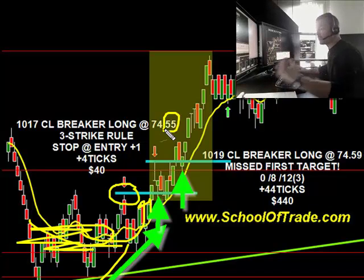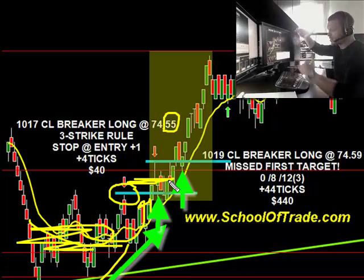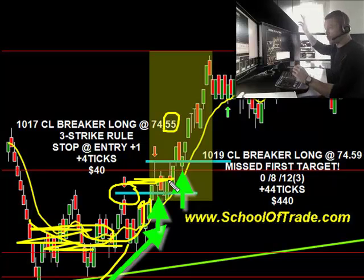Momentum stayed pointed up, and we had the leeway to chase after a little bit here because we had enough room. This is one of those examples where we have the 3-strike rule. At 10:17, the second trade, this is a 3-strike rule, meaning that we have our first target right at +4. Now, if we see that first target tested once, twice, but 3 times, and we don't get the target filled, right? Big difference between testing the target, trading up to it and then bouncing off of it, or filling the target, which would be trading up to it,